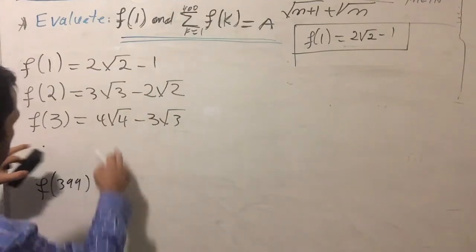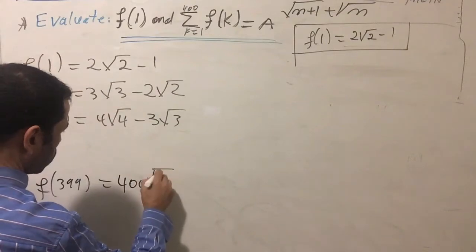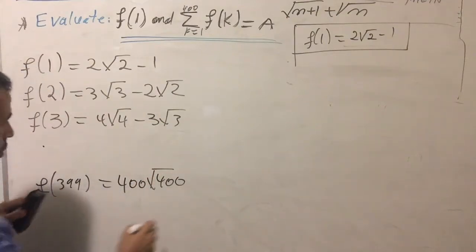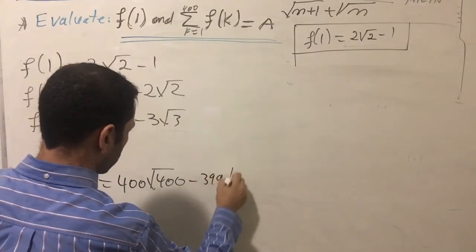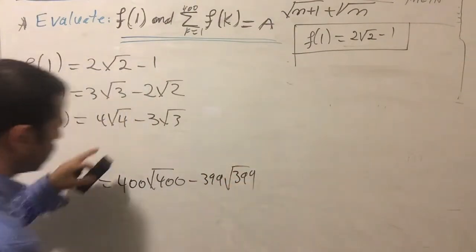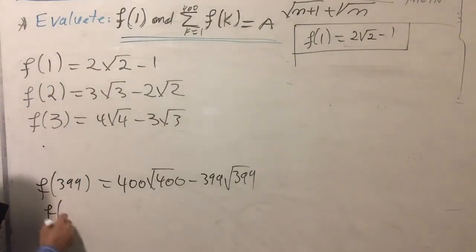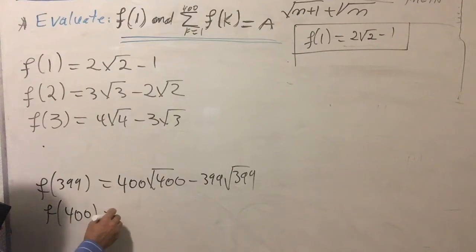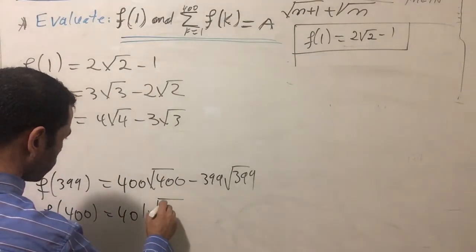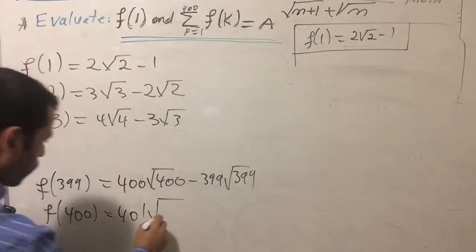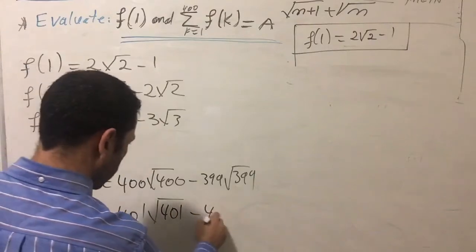We will repeat the same: we're going to put square root of 400 minus 399 square root of 399, because it's written in the same form. So if you calculate f of 400, which is the last term, it gives us 401 square root of 401 minus 400